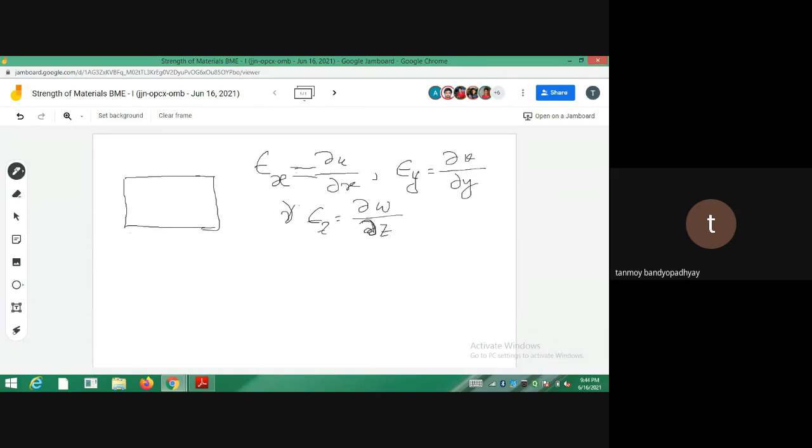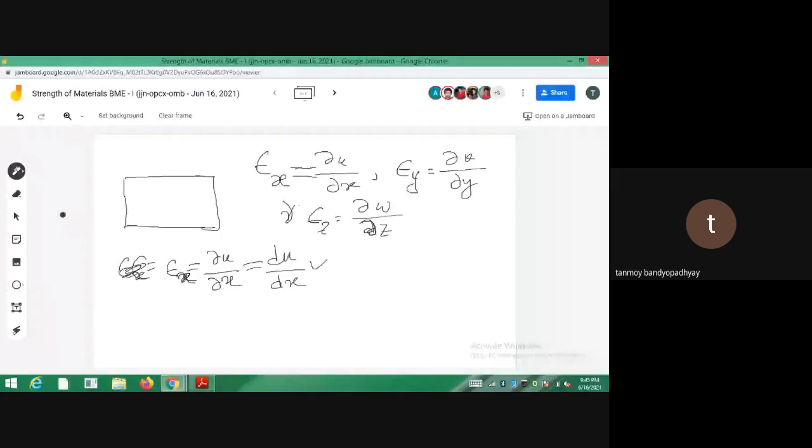So the partial differentiation won't carry a meaning. You can make it a full derivative. Okay? So you can write epsilon x as du by dx also. So I am taking the contribution. There is a time lag in writing. So that is equal to del u by del x. Since I am considering only the x directional displacements, I can make it du by dx also. So you can make it a full derivative also.